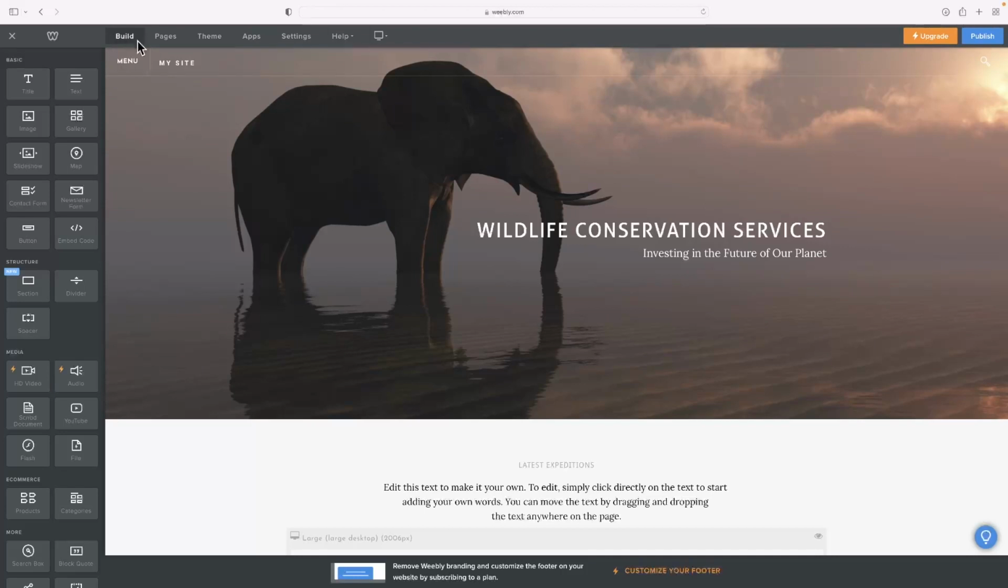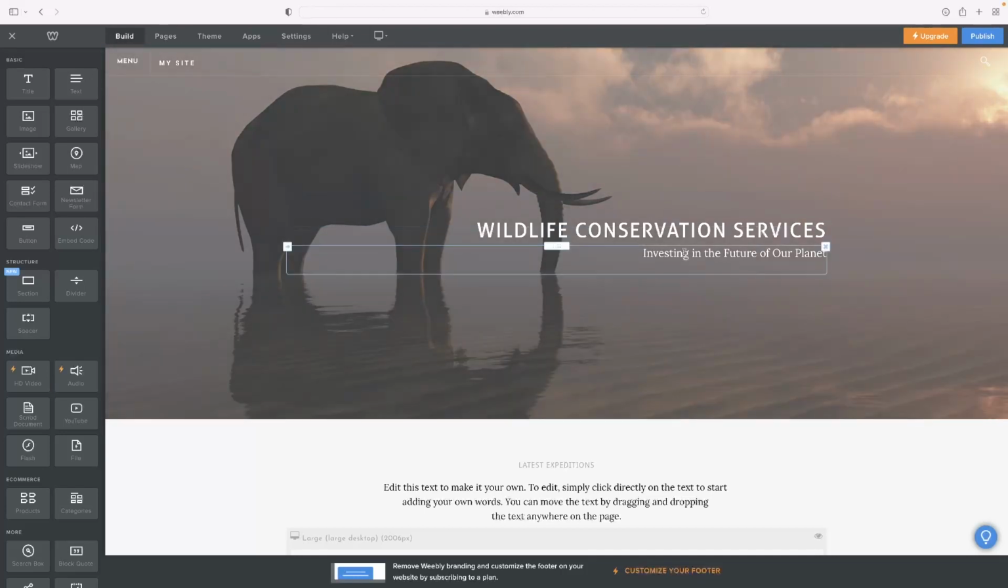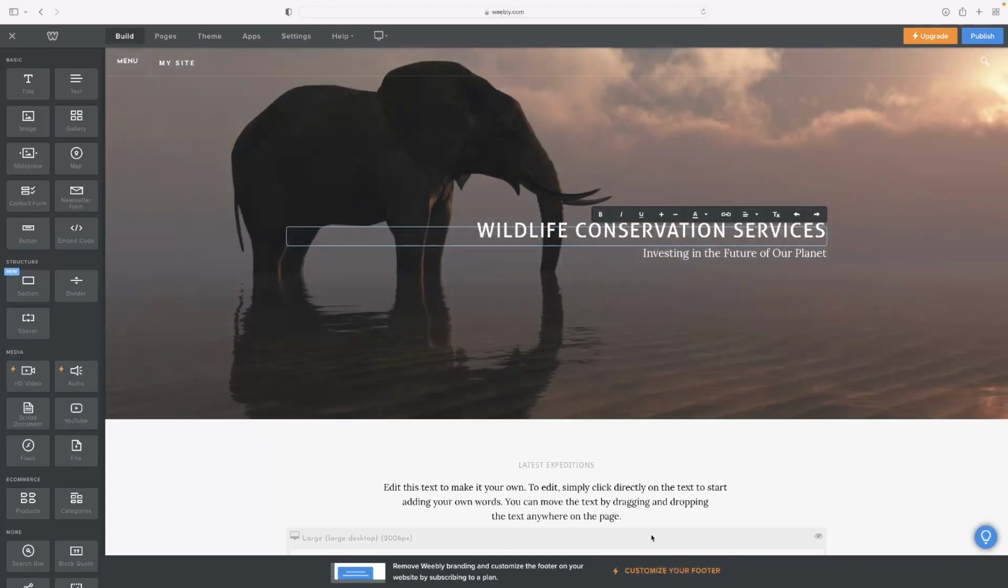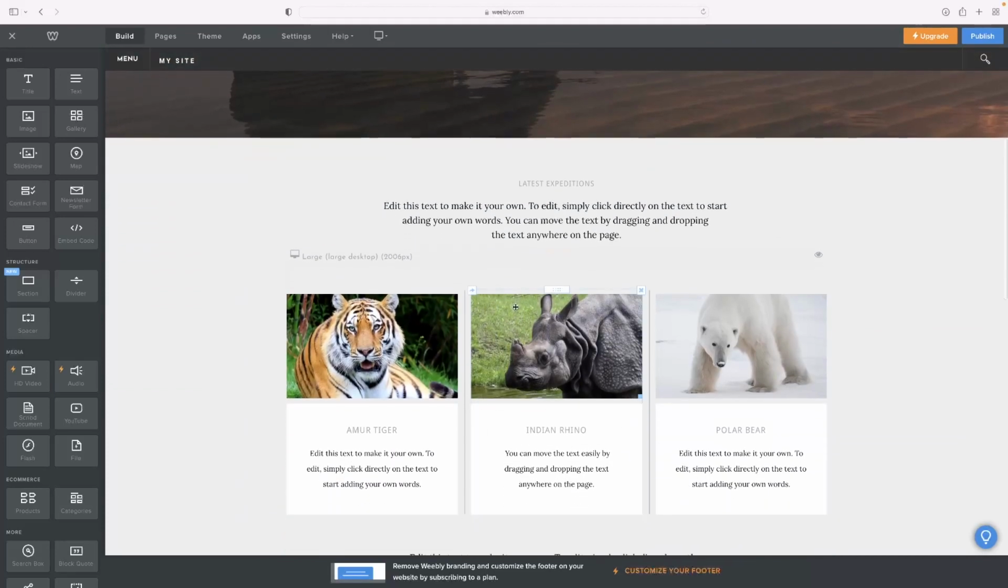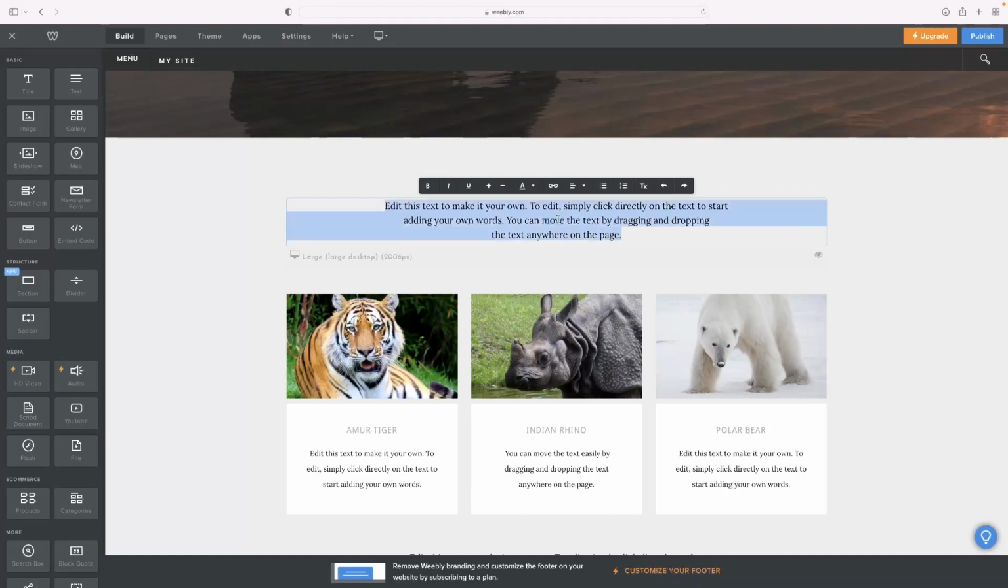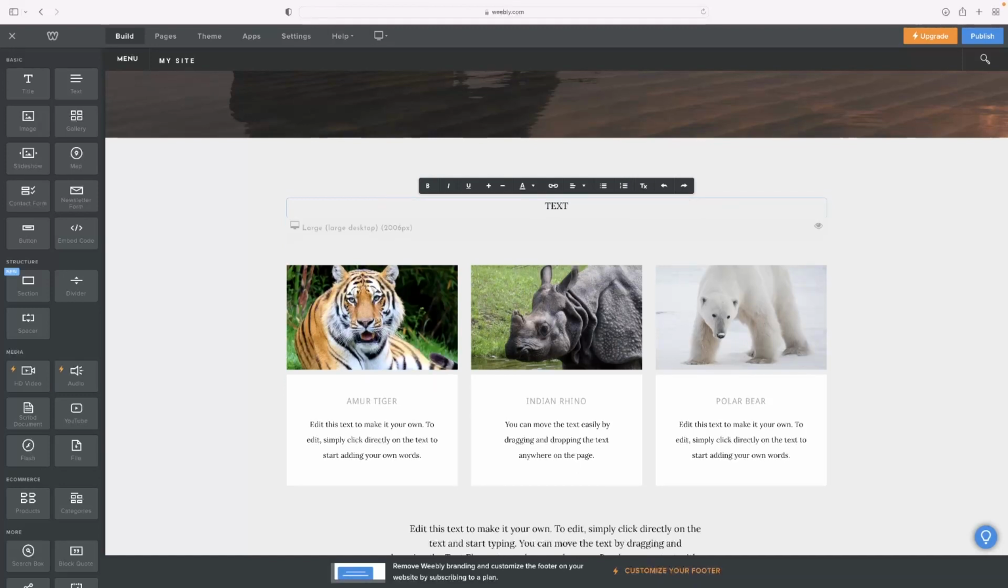So back to the build menu, that's kind of like the normal mode. You can see that everything here is selectable with a left click, and then a little menu appears when I've got that item selected, or an element as it's referred to in Weebly. So whatever you've got selected, a little menu appears corresponding to that with the settings for that particular thing. Text, for example, you can double click